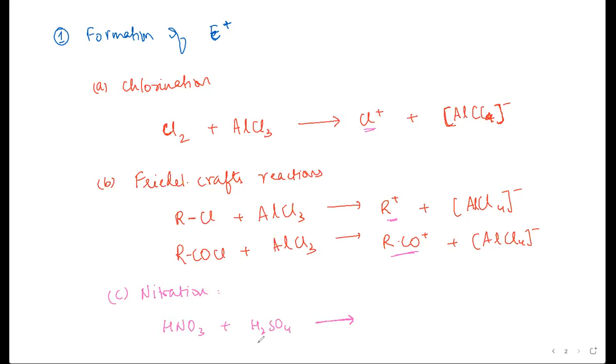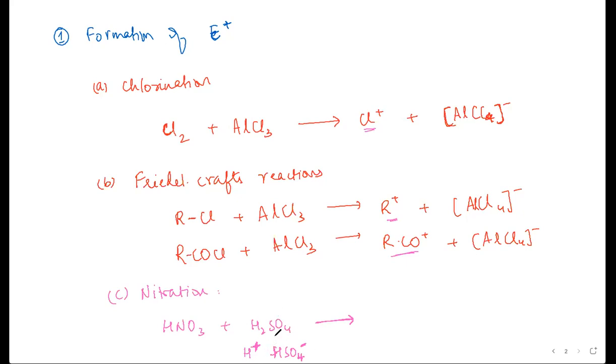So H2SO4 dissociates into H plus and, let's say, HSO4 minus. Let's say it gives out one proton first. That's how acids dissociate. Both the protons don't leave simultaneously. One proton leaves first and then the other proton leaves next. That's why you get 2H plus and SO4 2 minus. But yeah, this is the first step.